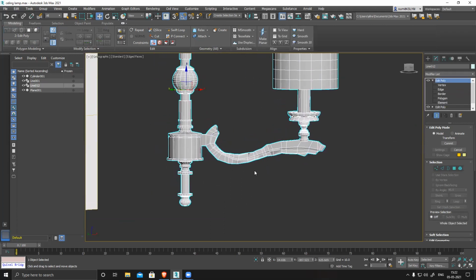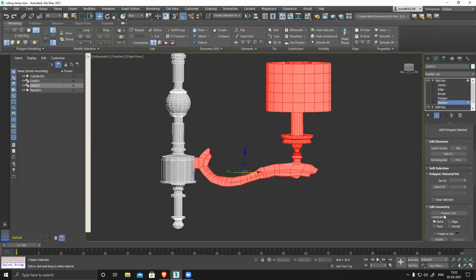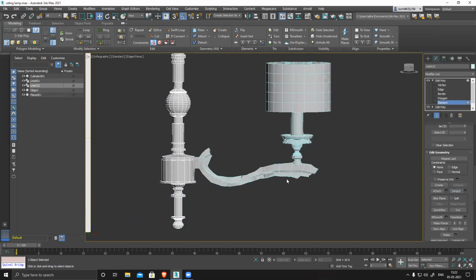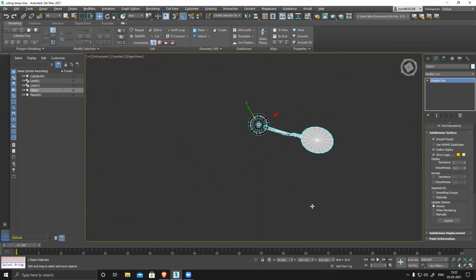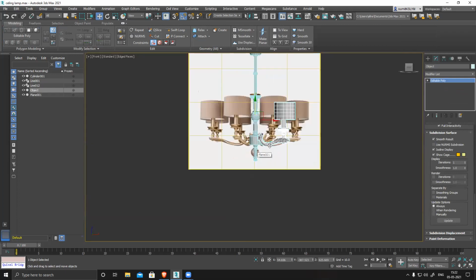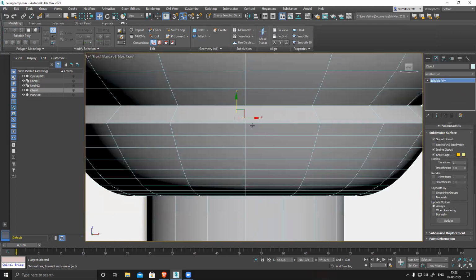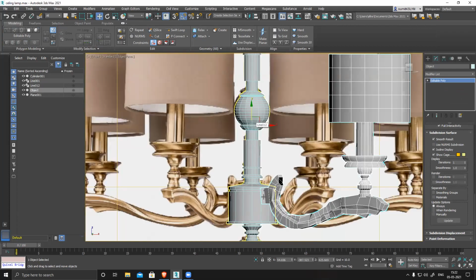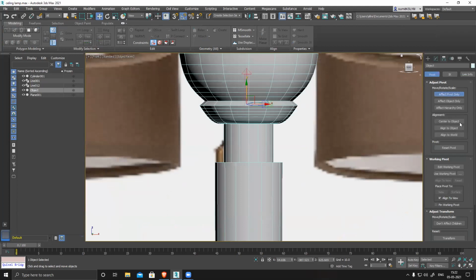Recreate this from a front pose and redo it. After that, select this. Now you have attached it, detach it. Keep it separate. Now this is your actual model that you are supposed to rotate. Go to front view and check. Make sure your pivot point is in the center. I can see the pivot point is not at the center. To fix it, go to pivot, Affect Object Only, or undo and move it to the center. Then go to top view.